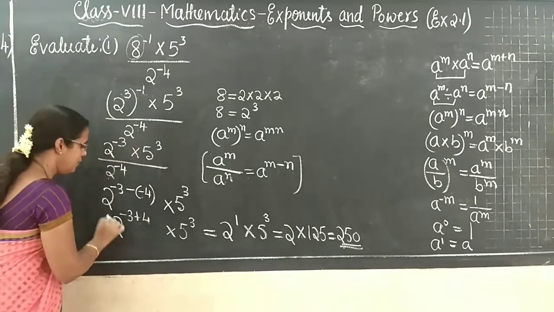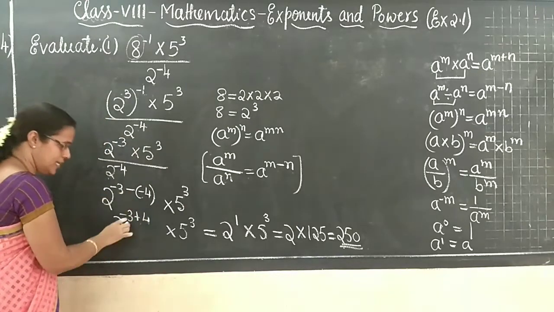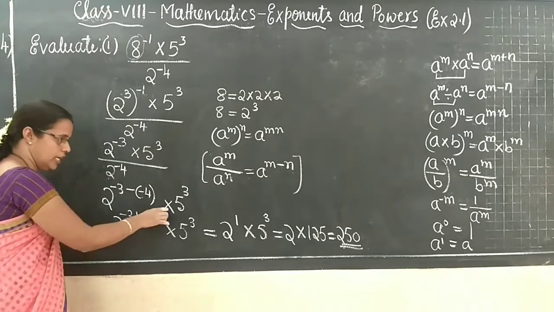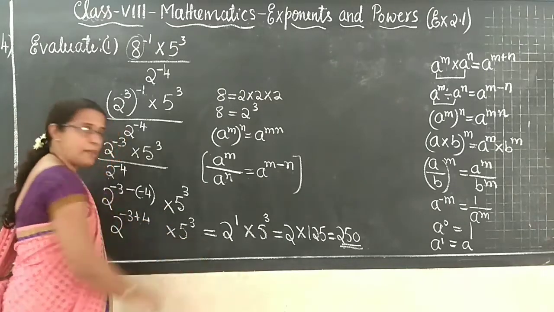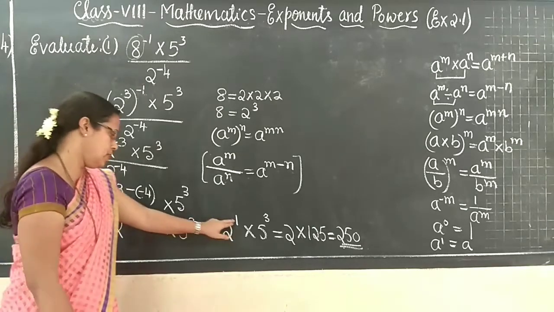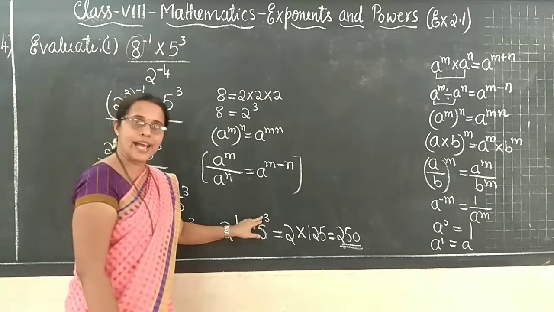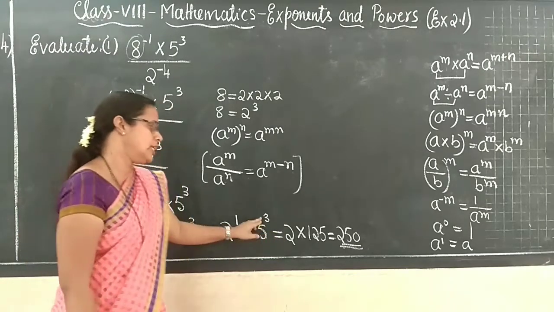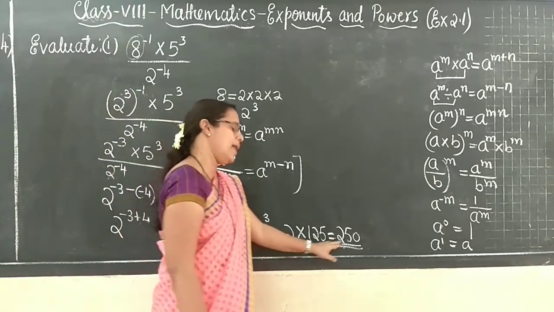See, this came up and down, once by using the formula. Thereafter write 2 as it is, minus 3 as it is, minus into minus plus 4, into 5 to the power 3. So it can be written as 2 to the power 4 minus 3, which is 1, and 5 to the power 3, as it is. Next, 2 to the power 1 is 2, and 5 to the power 3 is 125. So multiplied, how much comes?